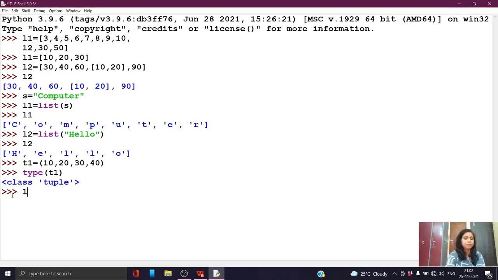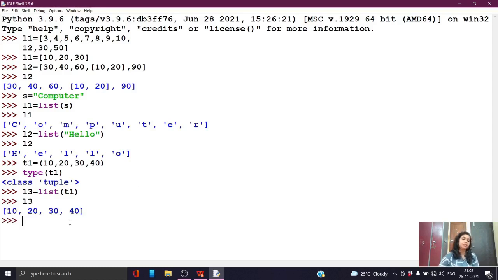Suppose your list variable name equal to L3. L3 equal to list method we will use. Then I have to just provide the name of the tuple variable, that is t1. So here in this statement I am going to create a list variable from a tuple type of variable. Okay, so here you can see what are the elements now.